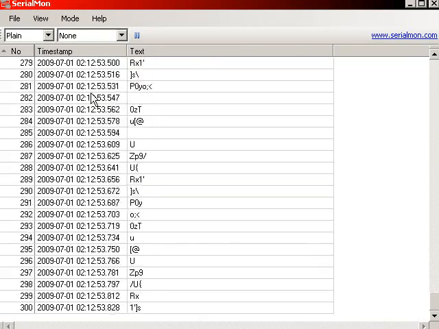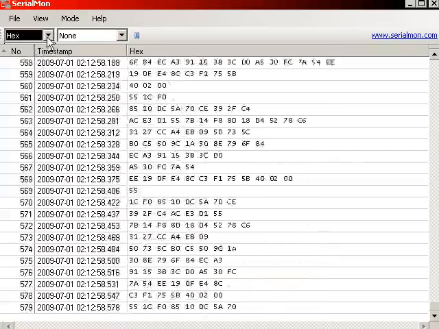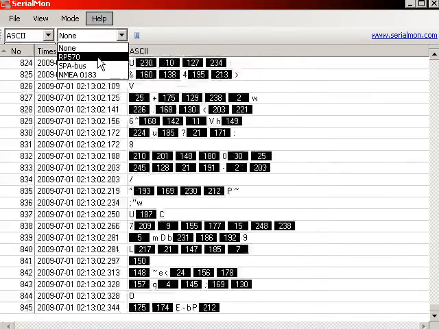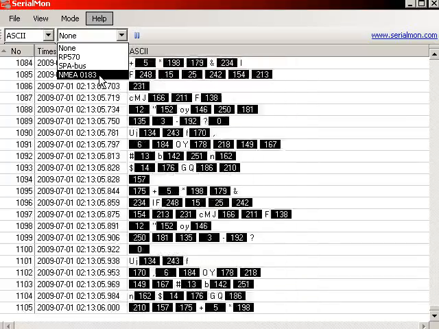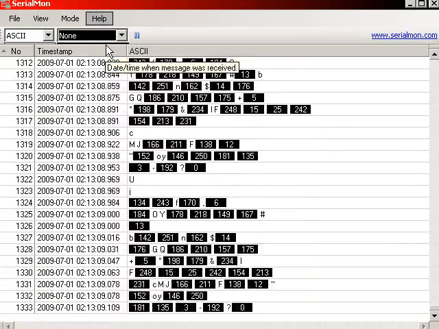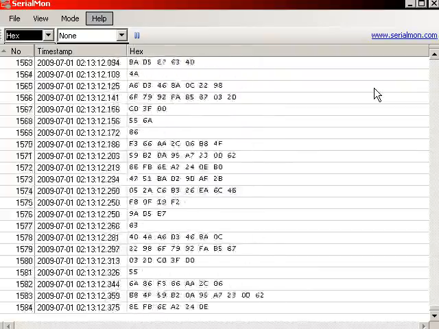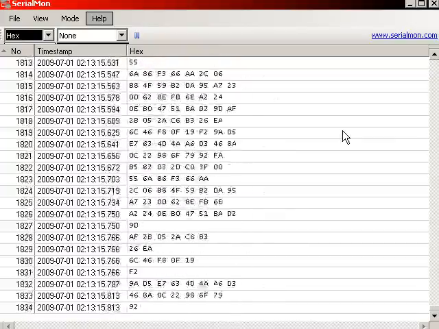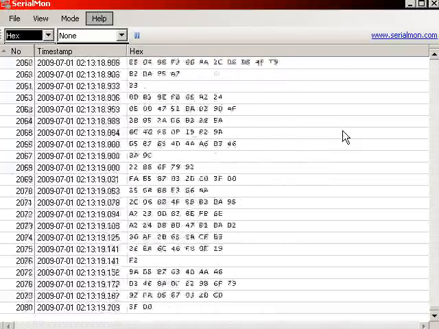Now, you can parse this into different frames, whether in plain text, hex, or ASCII codes, and you can put it into frames such as RP570, SPA bus, or NMEA 0183, also known as GPS data. But because this uses a custom protocol, I would look at this in hex. As this flashes by, you can probably notice there are a lot of similarities in the data frames themselves. This can be very useful in reverse engineering the communication protocol layer between a serial device